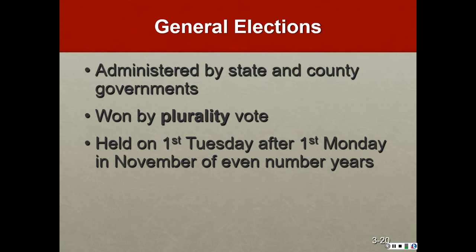The general election is held on the first Tuesday after the first Monday in November of even numbered years. Remember, we were an agrarian society. We were farmers. We were trying to get the crops in. So the beginning of November was the end of the year. So crops had to be in, so we didn't vote till after this. But what I want you to pay attention to,